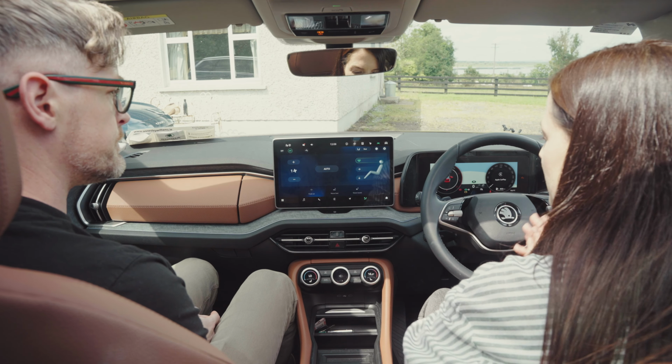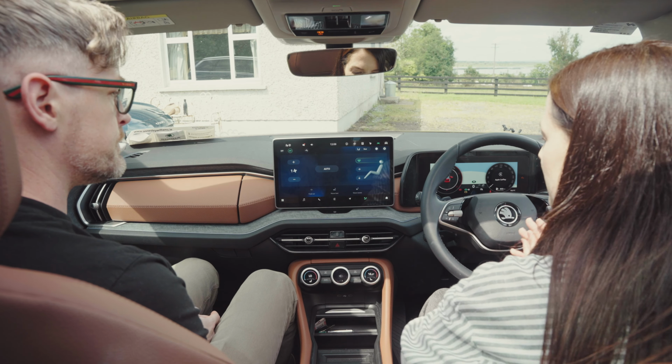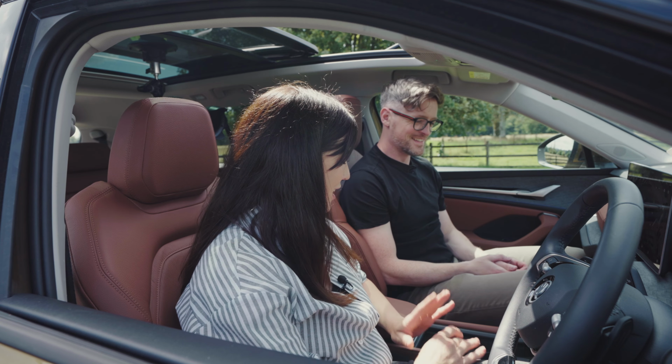10-inch digital instrument cluster. Double wireless phone charging pads. You can both charge at the same time. 2 more mini USB ports. 2 more in the back. You can actually charge 6 gadgets at a time in here, so nobody should be complaining about lack of charging